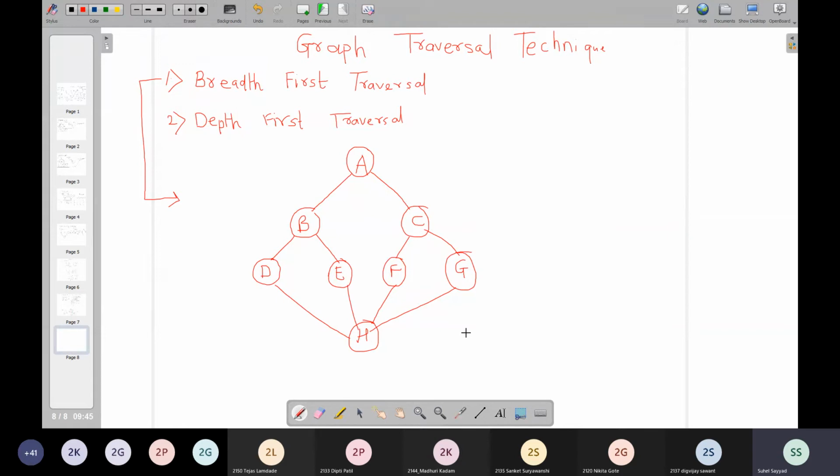Now my first question is, can anyone tell me whether this is a tree? Roll number 12, can you answer this? Are you present? Is roll number 12 present in the lecture?